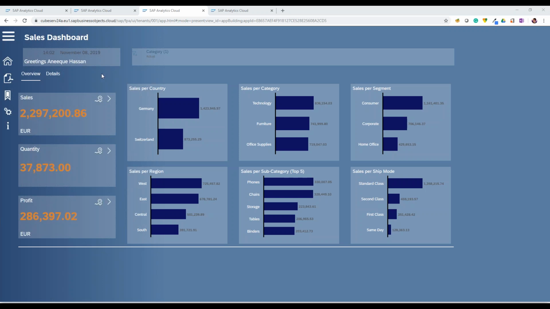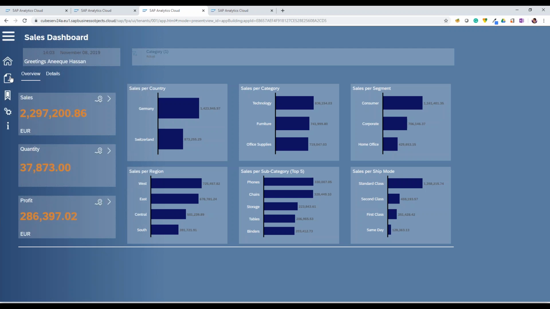So let's start with the layout. What this template offers, on the top left corner, is the menu. There you have the possibility to show and hide the menu items. Let's go through each of the menu items that are available. The first icon, showing a home button, gives the user the possibility to navigate back to the initial state of the application when he has navigated to another state.